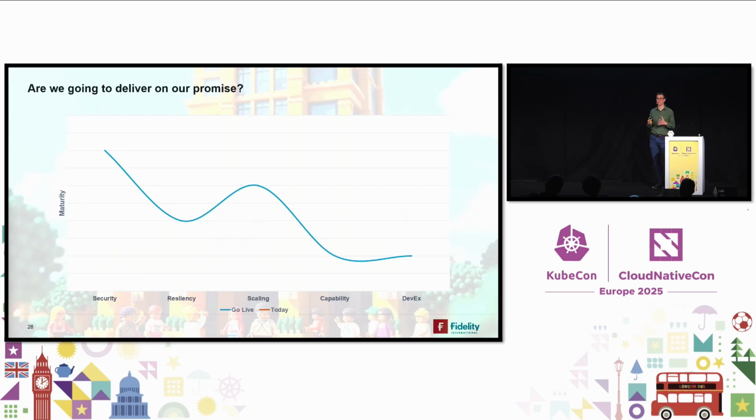So for us, we spent huge amounts of time and effort investing on that area of security. And actually, that came at the detriment of all of the other areas like resiliency, capability, and DevX. We were very lucky just naturally using Kubernetes comes with great scaling capability. But really, we didn't really deliver on that glossy hotel experience for a customer because we put so much time and effort into other